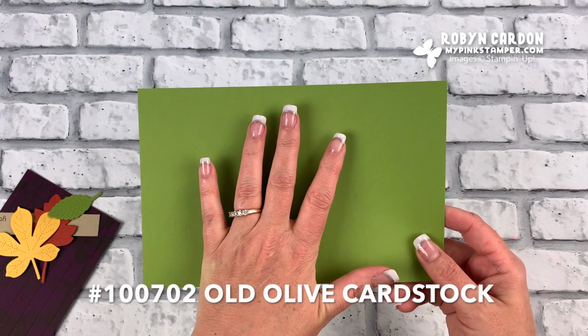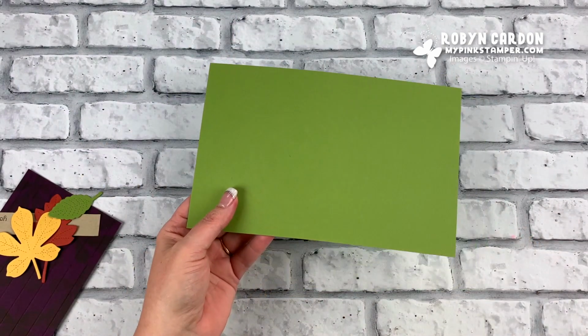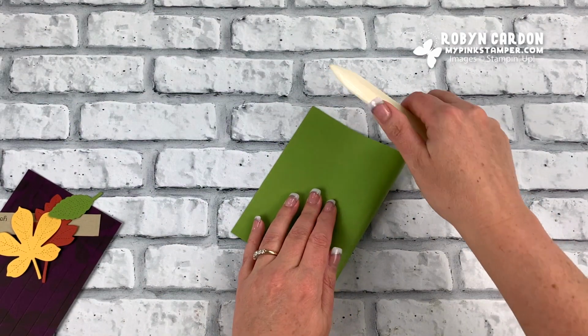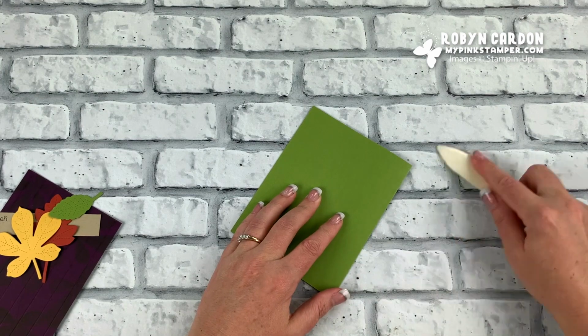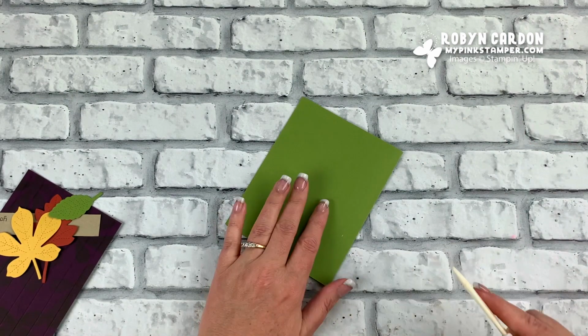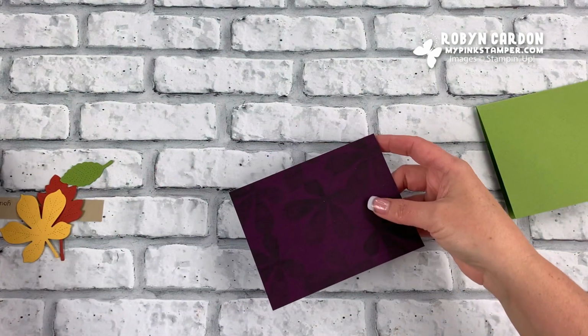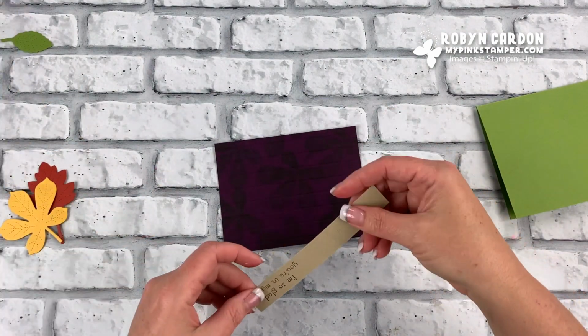Okay, so let's finish with our card base. This is Old Olive cardstock. It's cut at 5.5 by 8.5 inches. I'm just going to use our bone folder, and I'm going to fold it in half. You can score it first at 4 1/4 if you'd like to get a nice tight crease. And now I can just start layering these up. So I'm going to take this piece here,